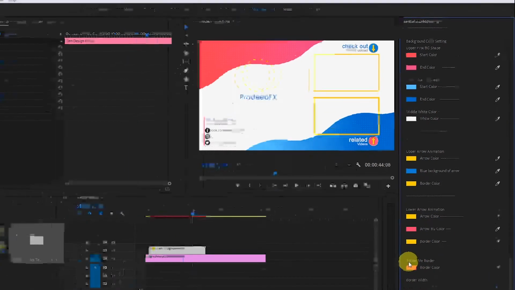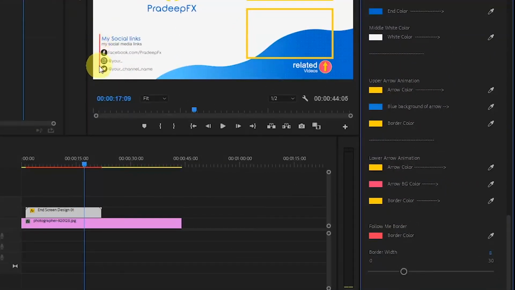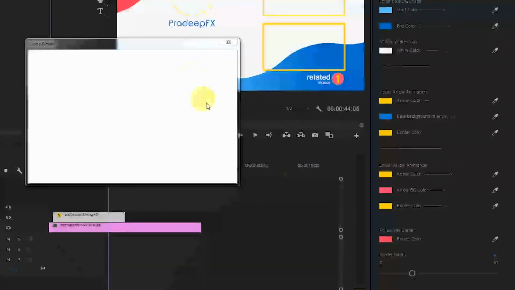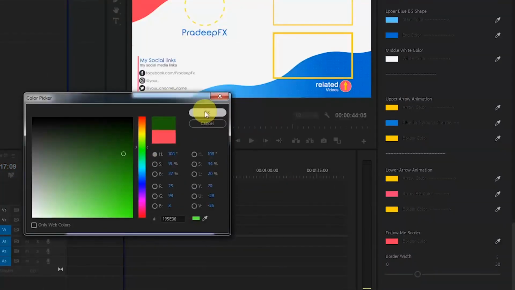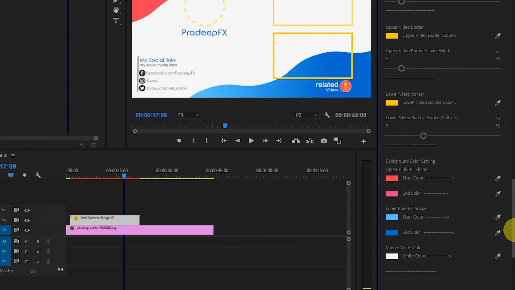Okay, after that here is follow me border. You can see there is also a border, animated border near my social links. You can also change its color from here and its width from here. If you don't want this border, you can just type here 0 and it will disappear from here. Okay,